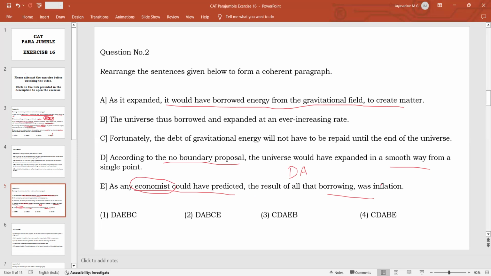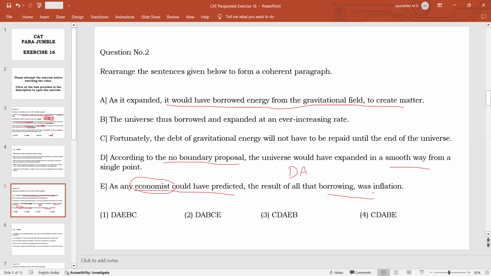So when you talk about it from the cosmological point of view, by bringing in an economic term called inflation, he says that any economist will say that borrowing definitely will lead to inflation. So this is a theory in economics. If you borrow more, it will lead to more money circulating in the market. When more money is circulating in the market, it will lead to loss of value of the money, which is called inflation. So here he says that this kind of borrowal in the field of cosmology also will lead to